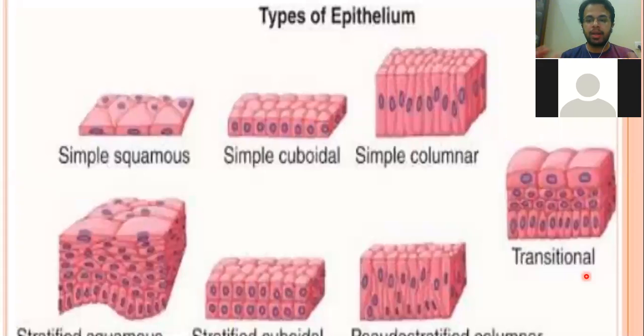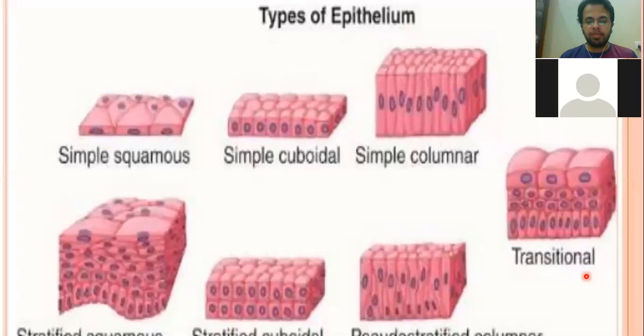When the urinary bladder is empty of urine, your bladder is relaxed, so the epithelium surrounding the bladder is of a different shape. The cells of the transitional epithelium are somewhat larger.